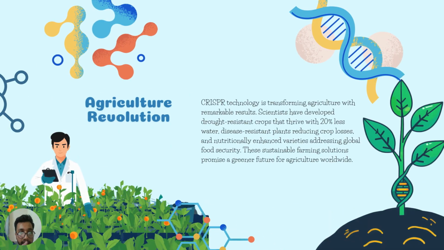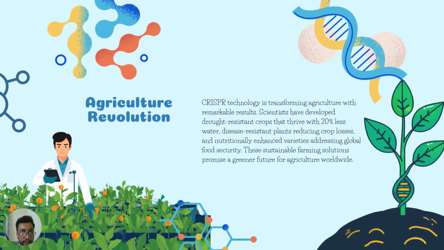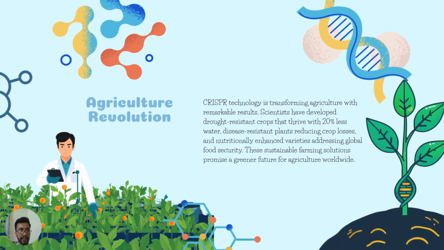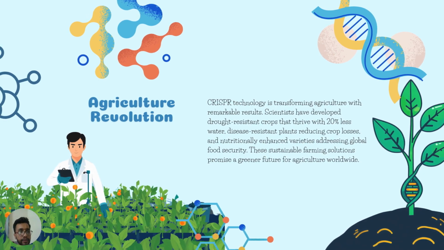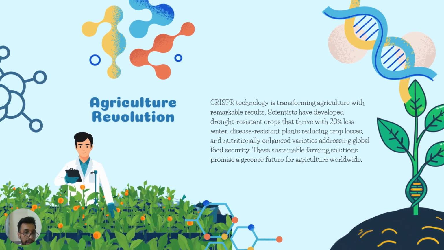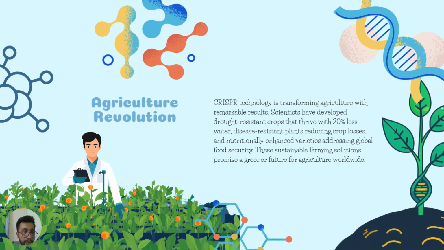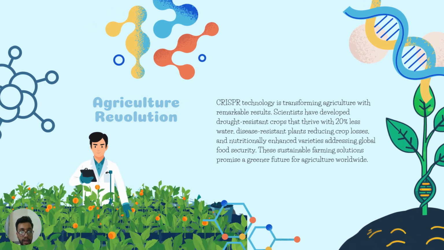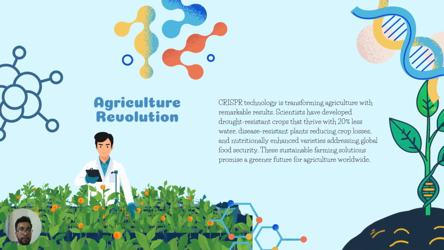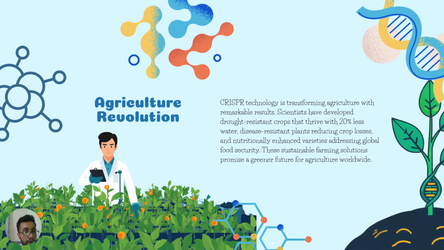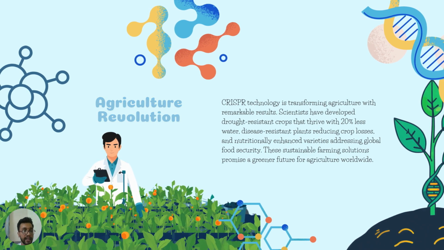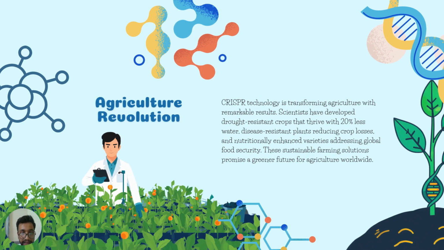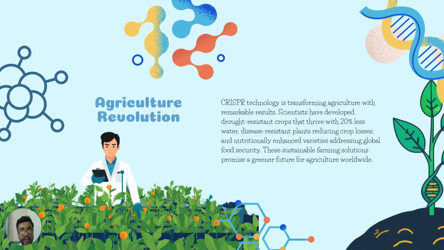The next one is the agriculture revolution. In a world facing rapid climate change, what if crops did not just survive droughts but actually learned to thrive in them? The impact of CRISPR on agriculture is nothing short of revolutionary. Traditional breeding takes decades of trial and error, like shuffling a whole deck of cards just to find a single ace, right? So CRISPR lets us pull the ace right out of the deck.